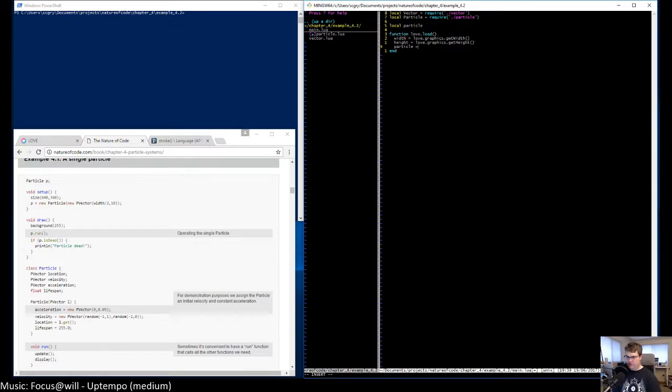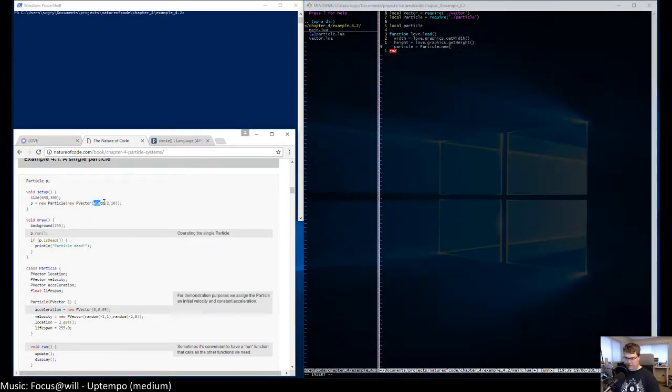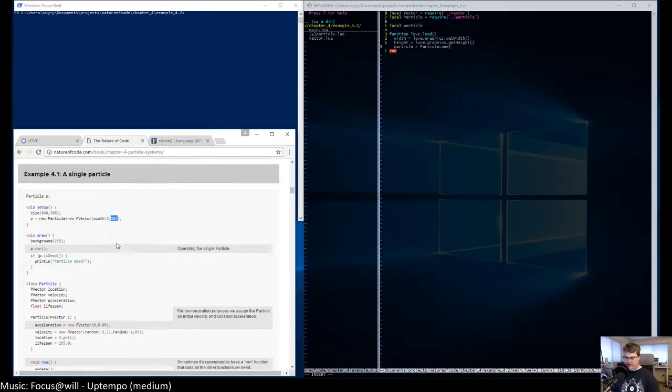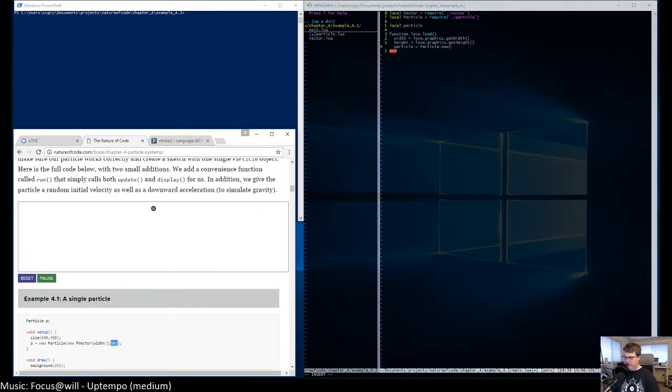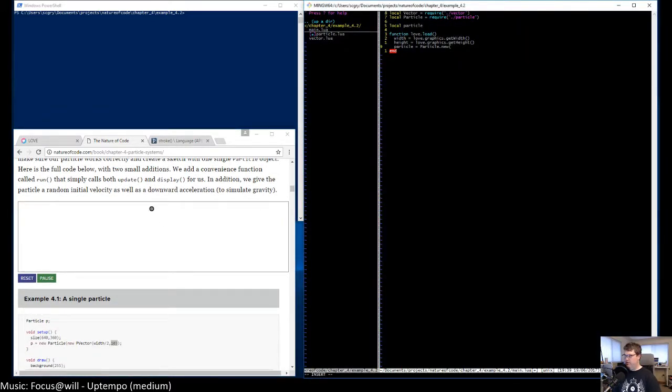We're going to set this equal to a new particle.new, and we need to hand it where it is that we're starting from. So they have here, like in the middle down by 10 pixels. That's why it's like right here. And I think we can do the same thing. So, cool. And then it's going to be 10.